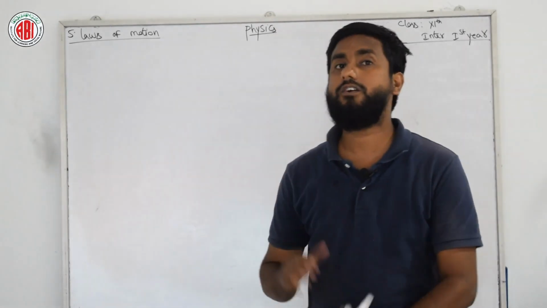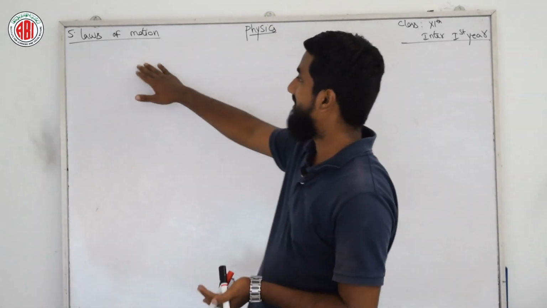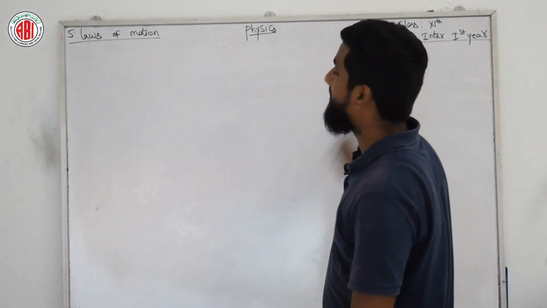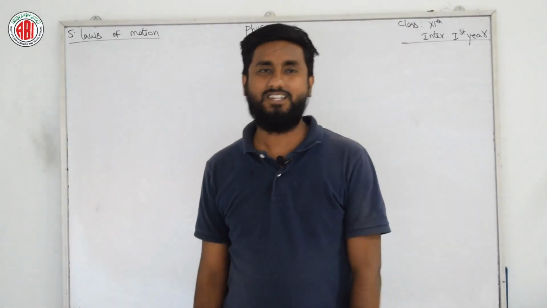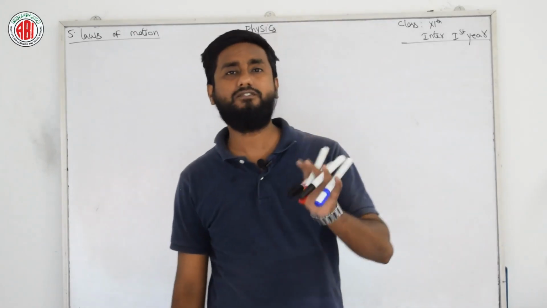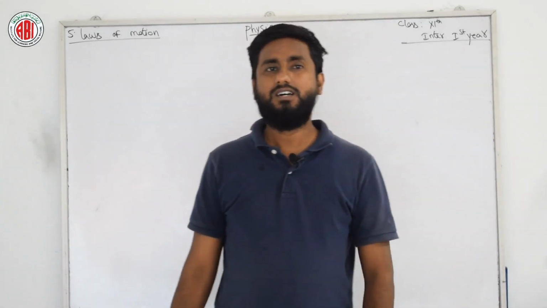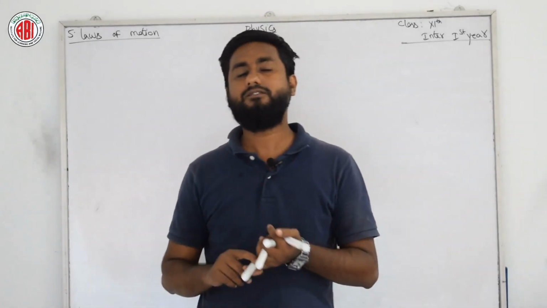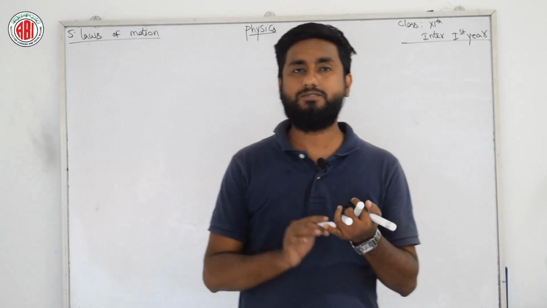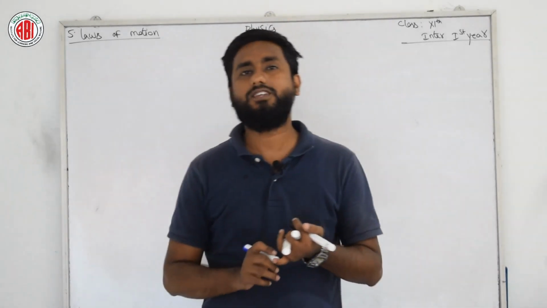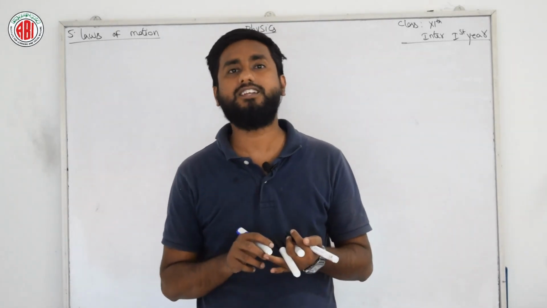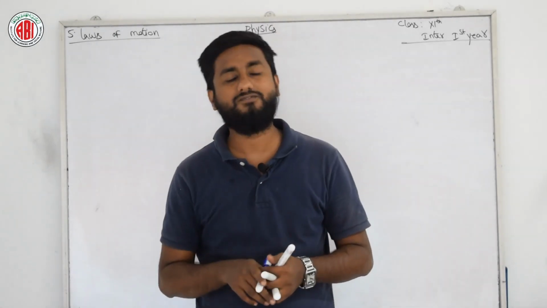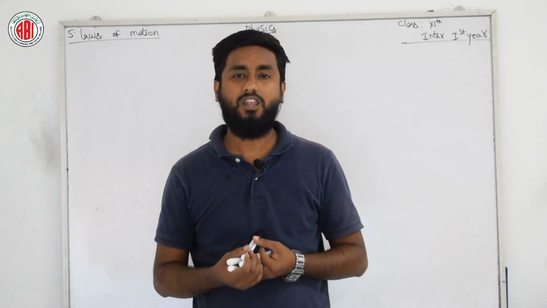We are continuing our part number 2, Laws of Motion, chapter number 5, Physics, inter first year or you can say 11th class physics. In our part 1, we have discussed very important topics, and you need to go through that. What is force, and we have come across what is inertia, types of inertia, laws of inertia, as well as Aristotle's fallacy, as well as two laws, that is Newton's first law of motion and Newton's second law of motion.